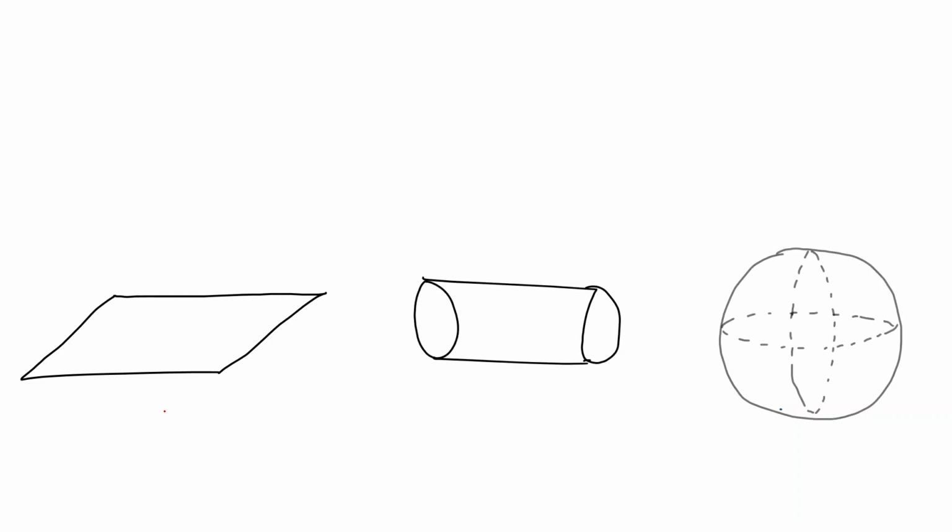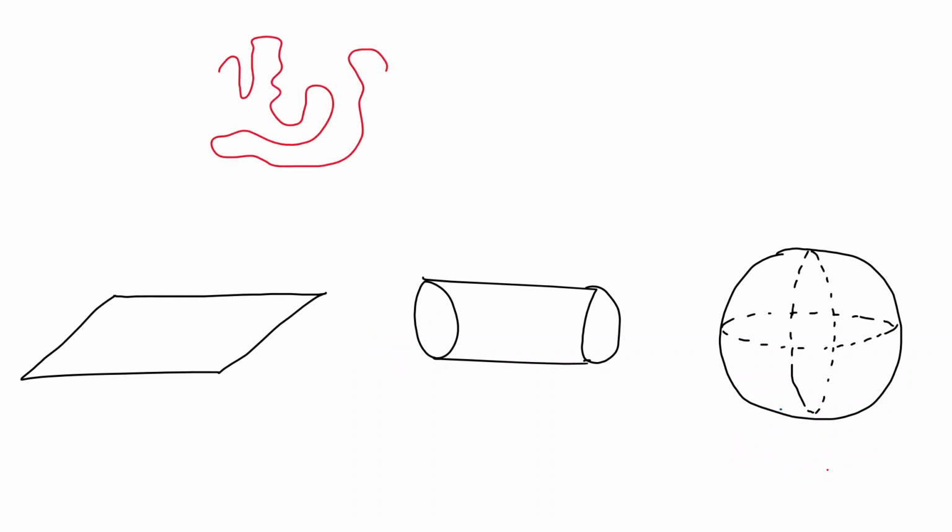Suppose these three kinds of 2D spaces: the plane, the cylinder, and the sphere, and they have no thickness at all. You can call it a cylindrical shell, and this is a spherical shell, no thickness at all. These are just spaces, and we have two strings which are like curled up in a higher 3D dimension,